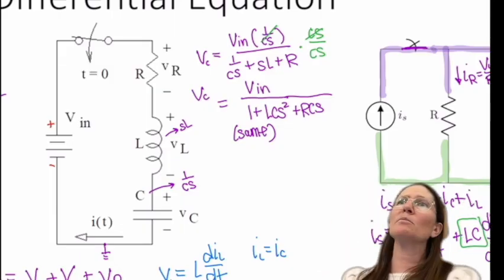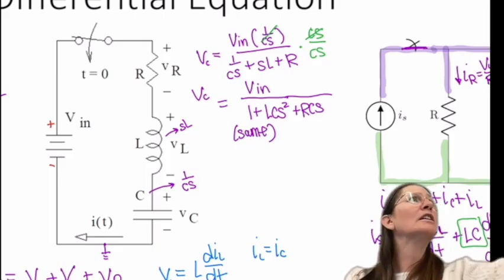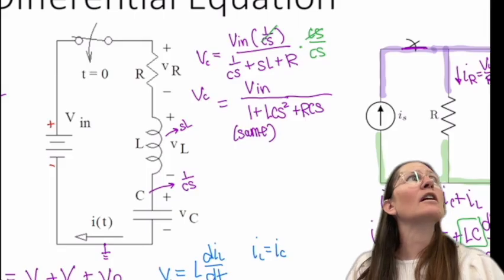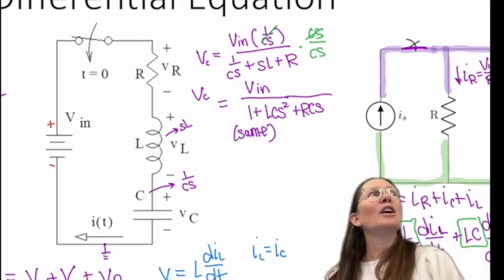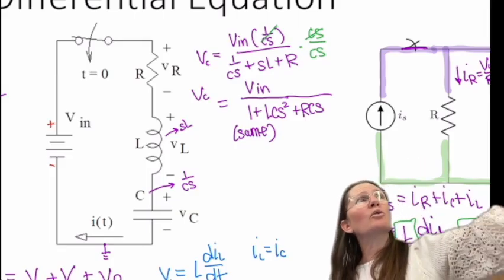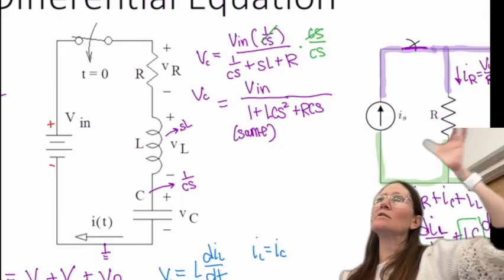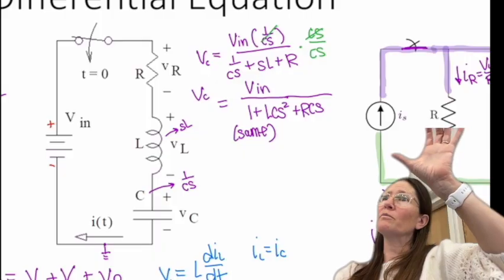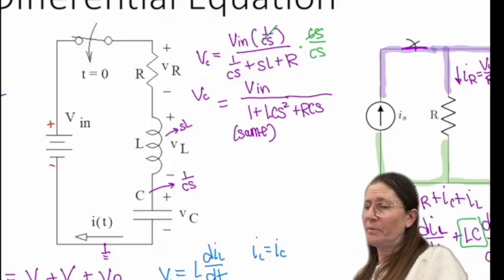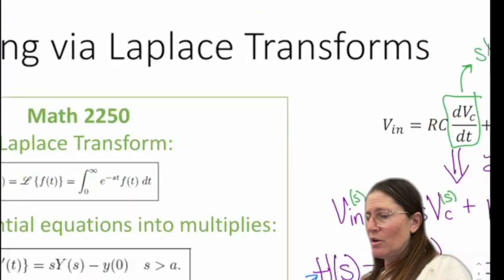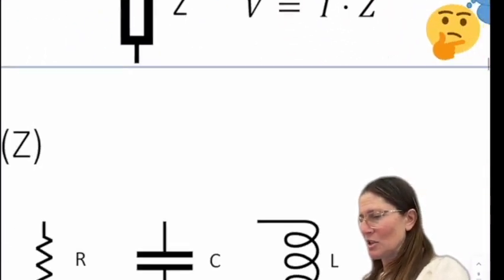Then we can manipulate that algebraically and get a polynomial, or we can factor that and get 2 roots or poles in the denominator. So going back to this one,